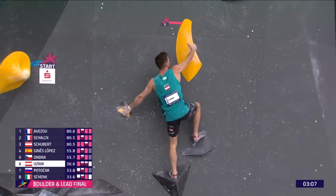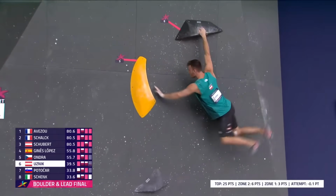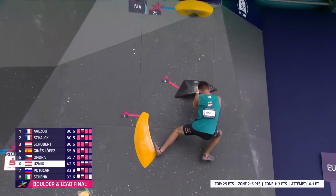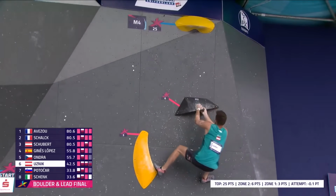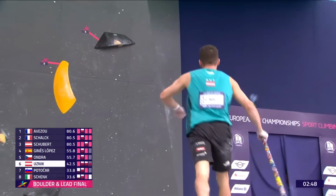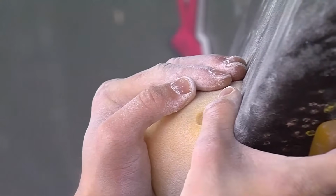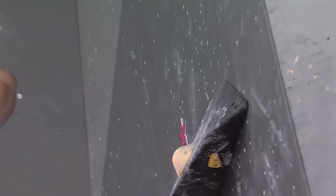Swinging that left leg, much better. Oh, so strong. Hero move from him. I saw you, that hold isn't that good. No. He tries it very dynamically. Again, just a little bit rushed on it, maybe. Yeah. Well, that is that hold he's holding. You're right, it's terrible. I mean, it's big, but it's how slopey really it is. Slopey and...